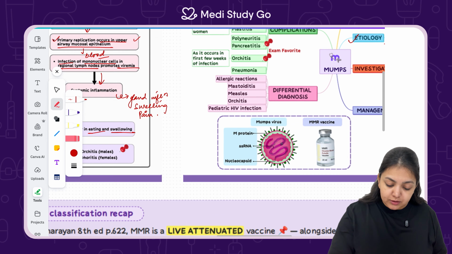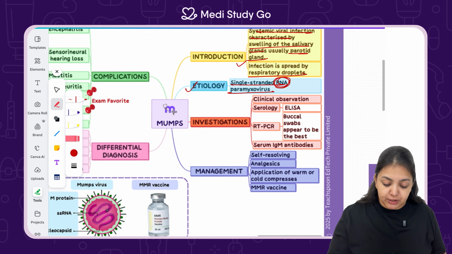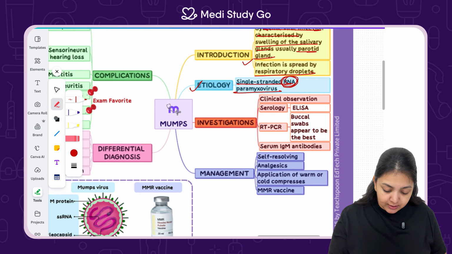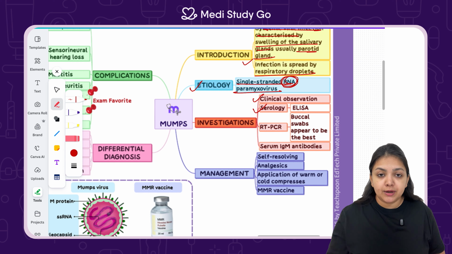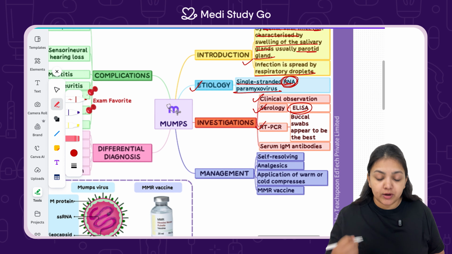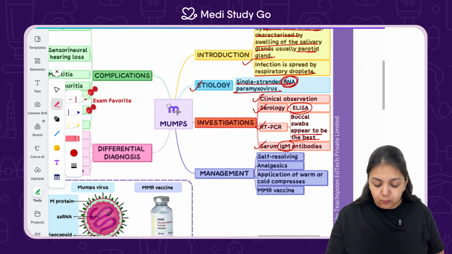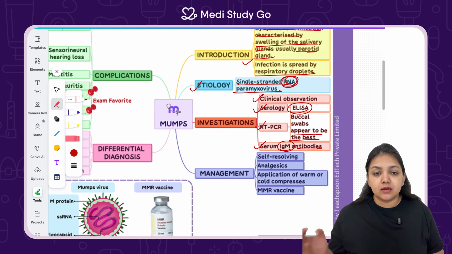So after we know the clinical features, we need to know how to diagnose a patient for the infection of mumps. For that, the investigations which can be done are clinical observation, which is the signs and symptoms. Secondly, serological tests can be done to actually determine which virus is present. For that, ELISA is done. Then RT-PCR test is done, wherein buccal swabs can be taken, and they appear to be best because there is going to be viral load in all the serums of the body. Lastly, serum IgM antibodies will also be present because they are the antibodies involved in combating against a virus or